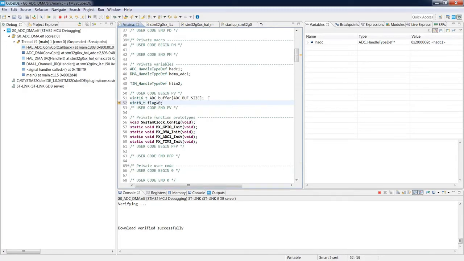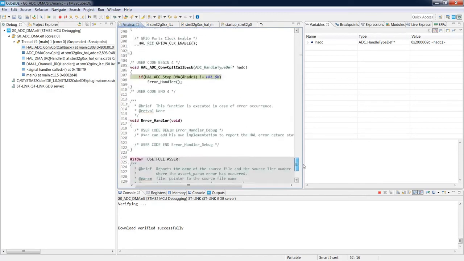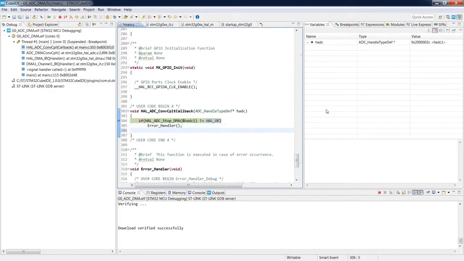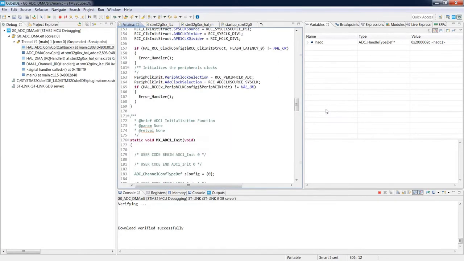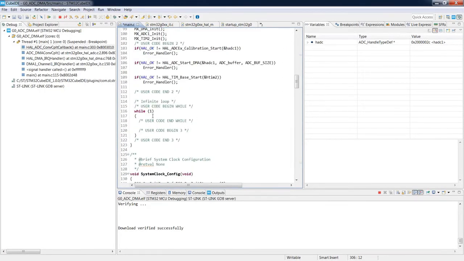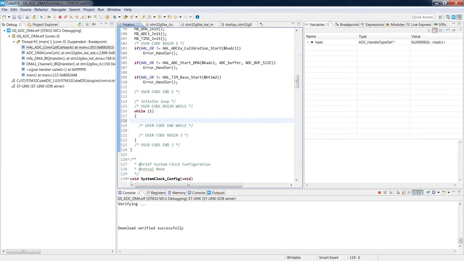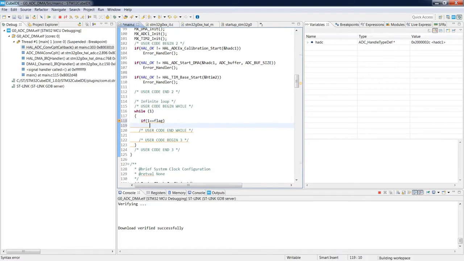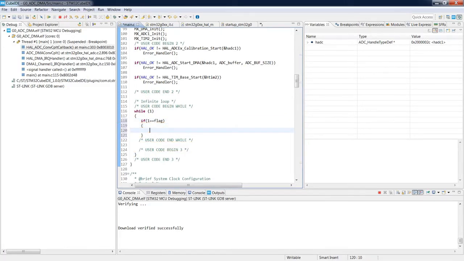Then I would set this flag within our DMA transfer complete, flag set to 1, and based on this value I would trigger the post-processing of ADC data within while one loop. So I would create here the if loop flag. So if a flag is equal to 1, we will do some post processing, and at the end, of course, we need to clear the flag to not do the same operations all the time.